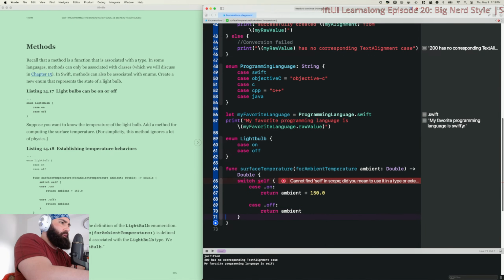Wait, what? Why does that look so weird? Double, return type Double.